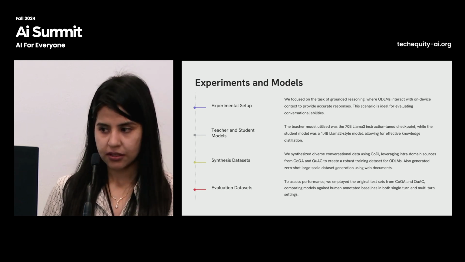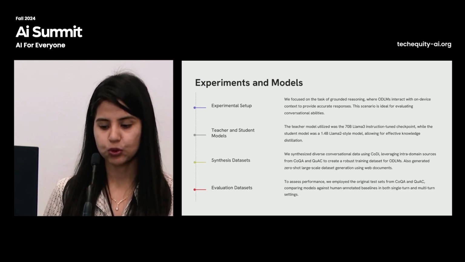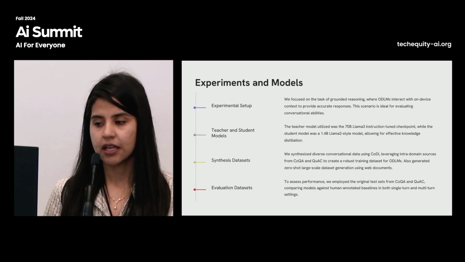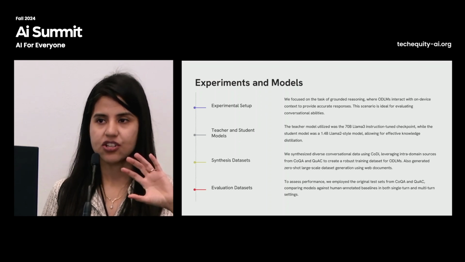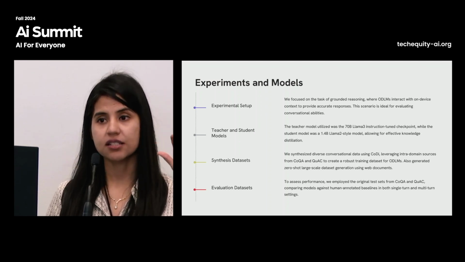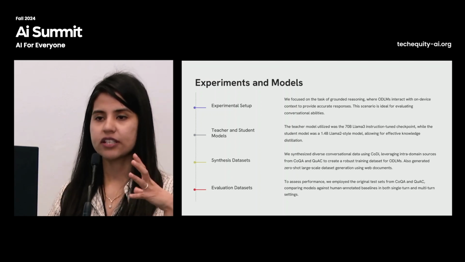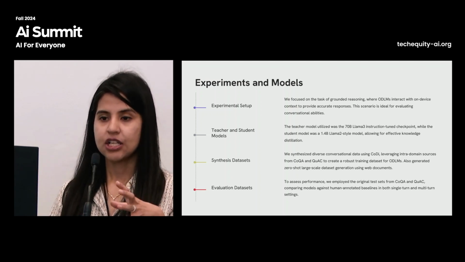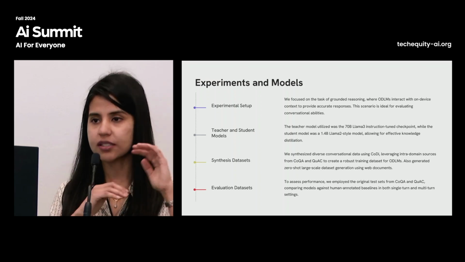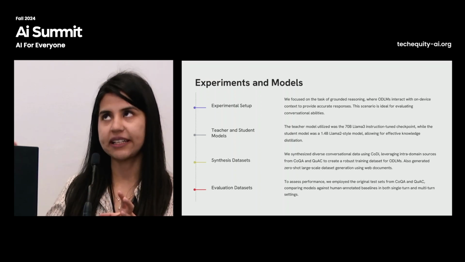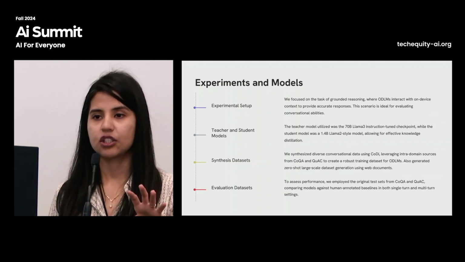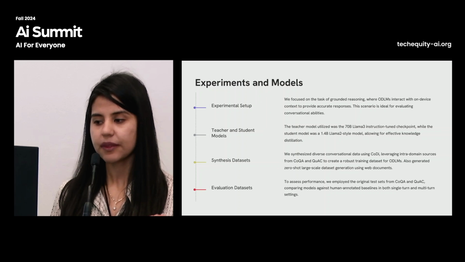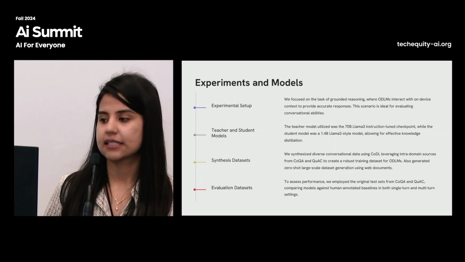For the experimentation data sets, we used two very popular conversational data sets, which are CoQA and QuAC. Essentially they have some document corpus, and they asked annotators to create Q&A pairs based on these documents. They also divided these turns into train and test. We haven't used the human-created data which they have, but used the documents themselves and then generated Q&A pairs using our framework. And then finally, we tested it on the test set.